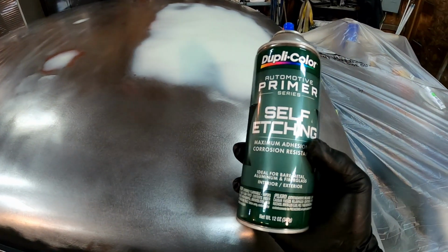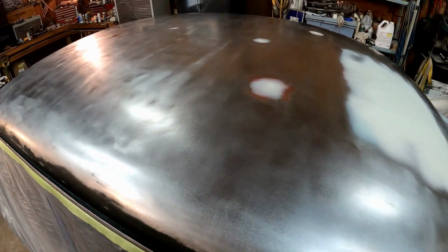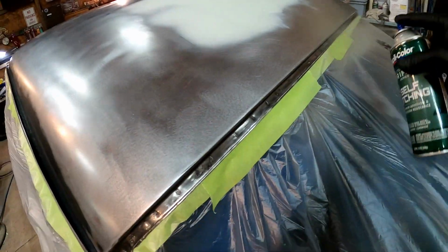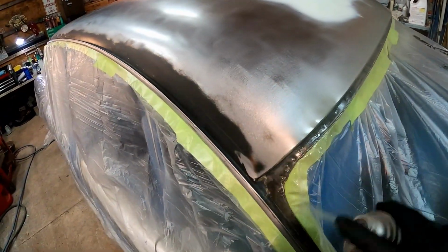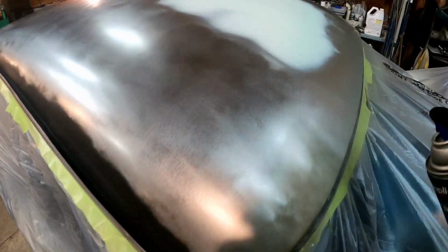But I do have a shaker can full, and I think this will be more than enough to do the roof. You just want to put it on super lightly, like so. Just kind of fog it on there. We don't want full coverage. We want to still be able to see through it, and we don't want it on our bodywork. You just want to go around your bodywork